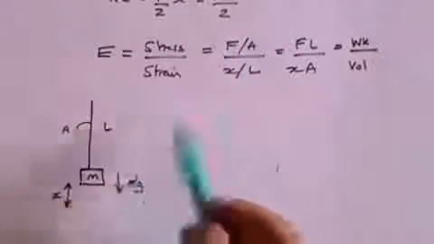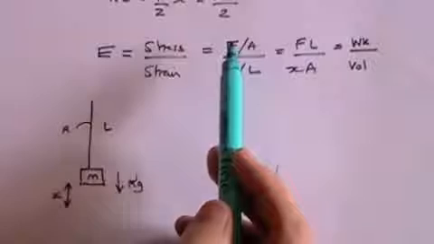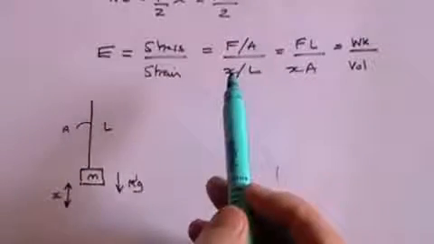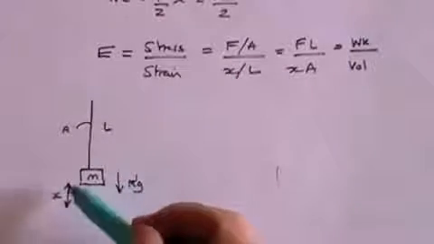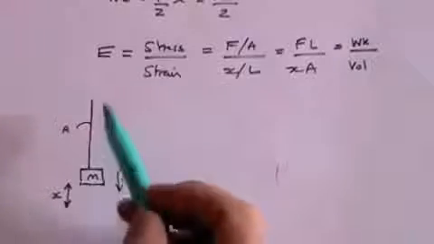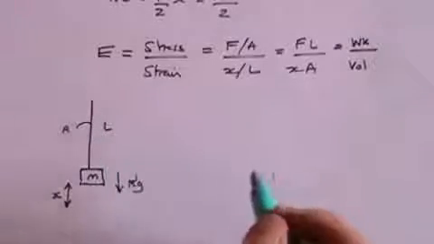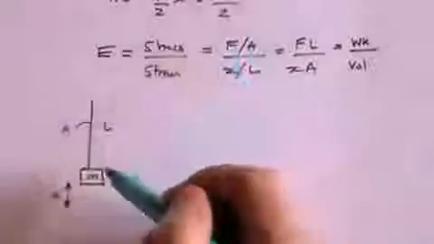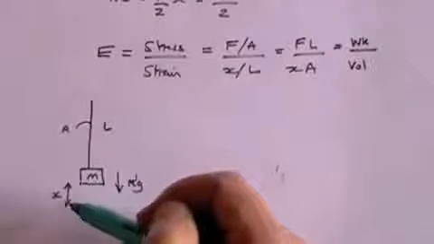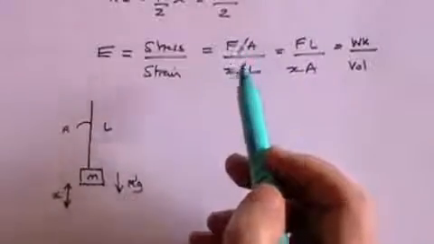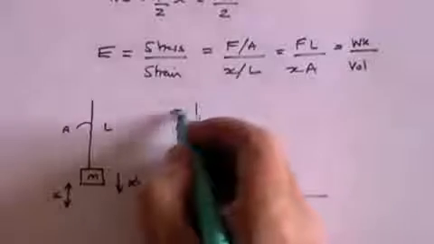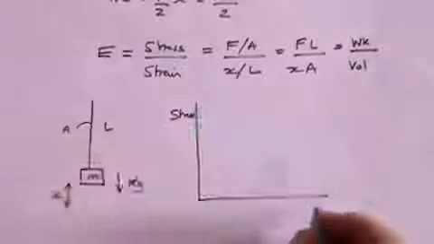The force will be mg, that will change every time you change the mass. The area is the area of the wire, that won't change. X is the extension depending on the mass that you put on, L is the original length of the wire, which won't change provided it doesn't get deformed. So for each of these values of mass and consequent extension, you can calculate the stress and the strain. You can plot a graph of stress against strain,